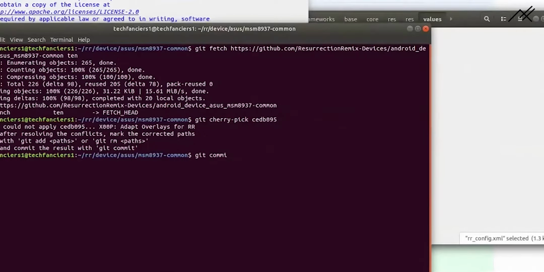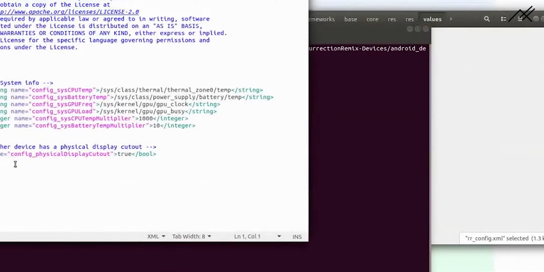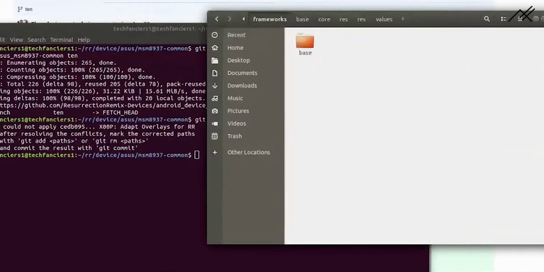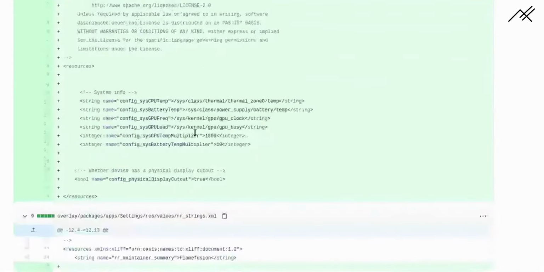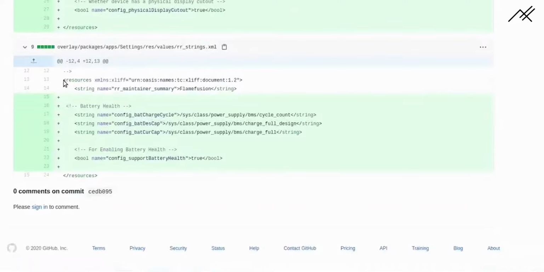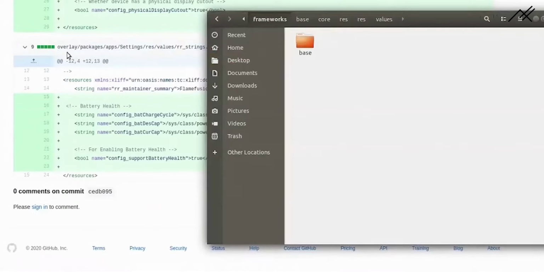Okay, before committing this one, there are some changes which we need to make. So how it works, here for example, restriction. Okay, these are all the changes he has made, which is fine. The changes which I need to make: this first file is correct, which is fine, and then in this one they have mentioned the maintainer as his name, which I need to remove, or else I need to add my name. So the folder is overlay package. I need to go there.